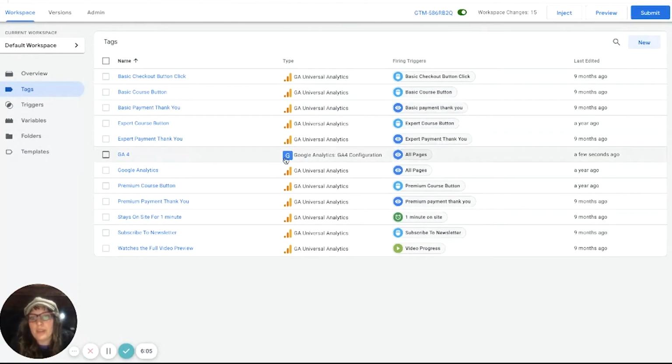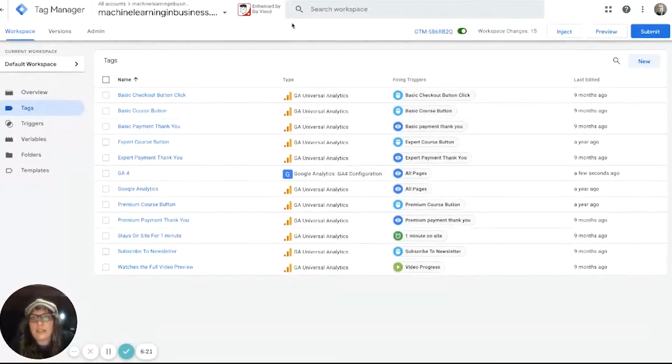Okay. So now you can see this looks a little bit different in our tag manager. This is what the old Universal Analytics icon looked like, and you can see that this is now the GA4 configuration. And we can test that, but before we test that,